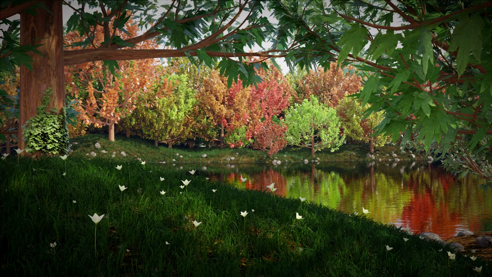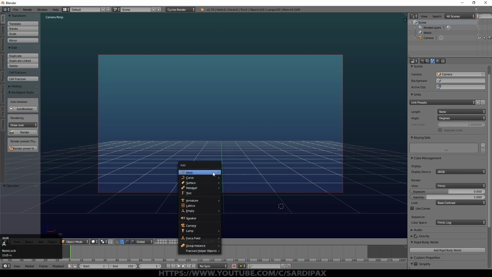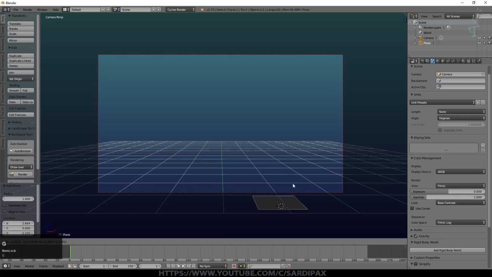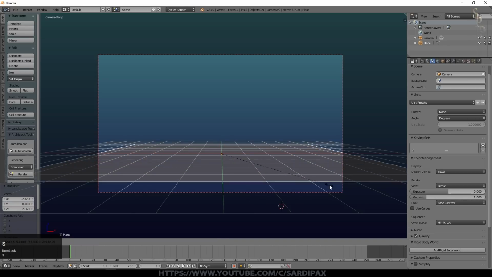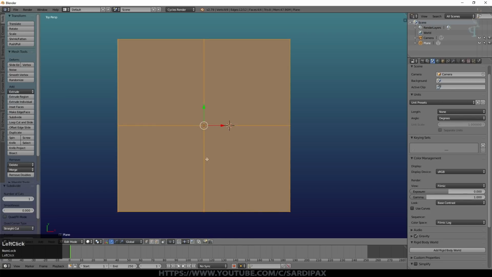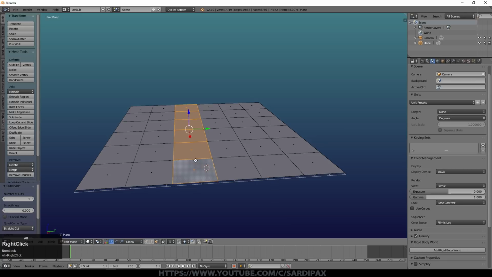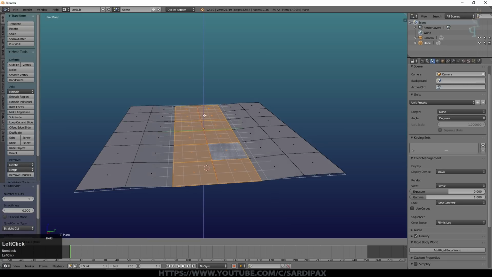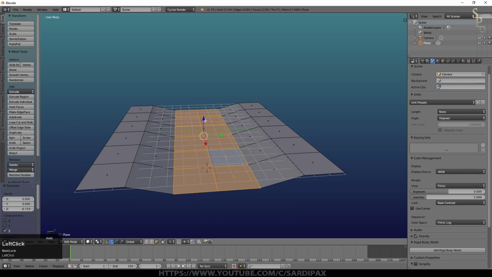So to begin with, we need to create our basic landscape. So we'll go to the 3D view and we'll add a plane. I'm just going to bring it to somewhere roughly where I want it. We'll make it about the size of the grid and then we'll subdivide it. We'll put a few subdivisions on it, not too many at the moment. And then I'm just going to select this middle area and just pull that down a little, because what I'm thinking is we're on one side of a bank and then there's the other side, of course.